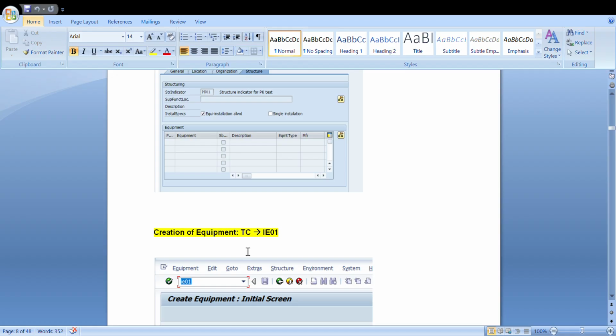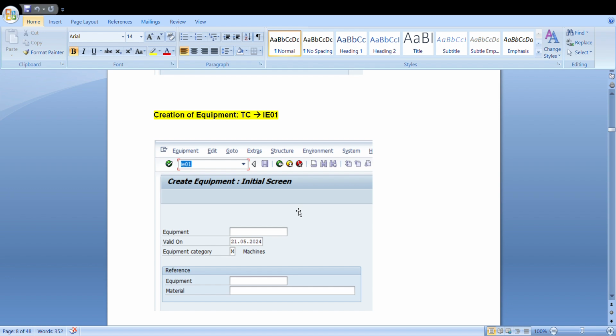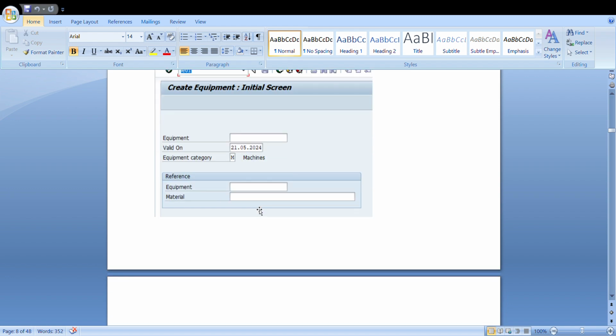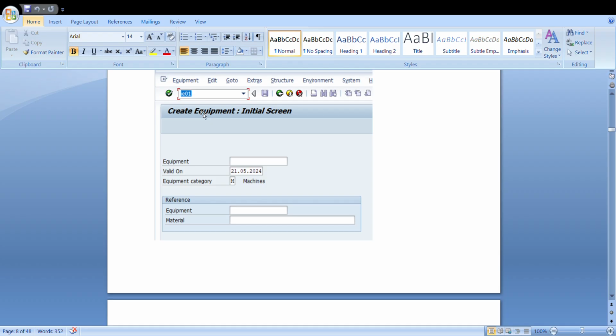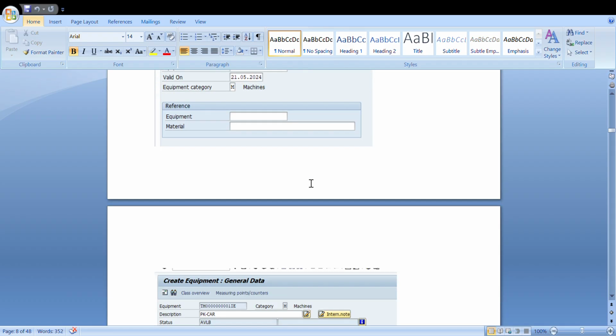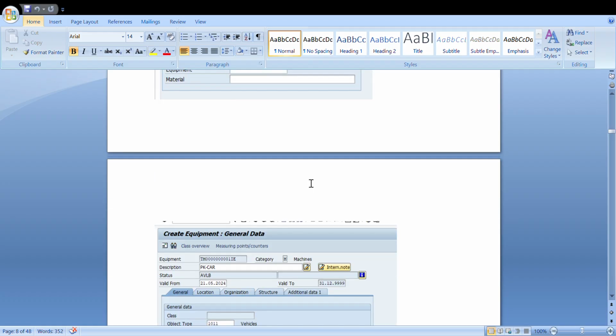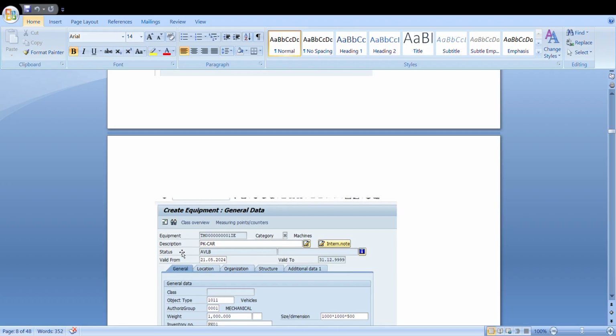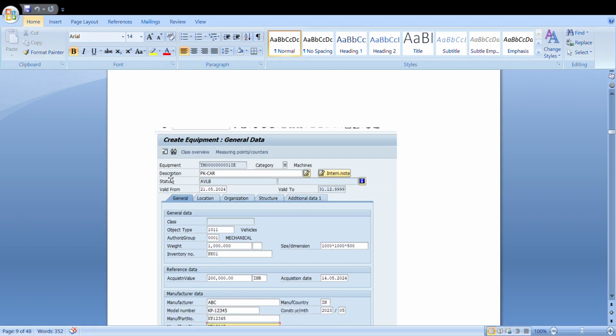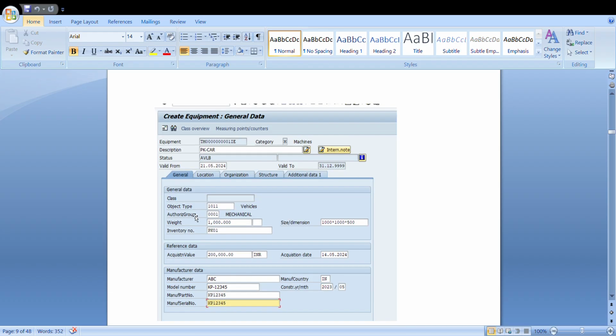And in equipment master, we will assign the functional location. For creating the equipment master, the transaction code is IE01. Go to IE01 and click enter, and enter the description for that equipment. And next, in the general tab, enter the object type and the inventory number as